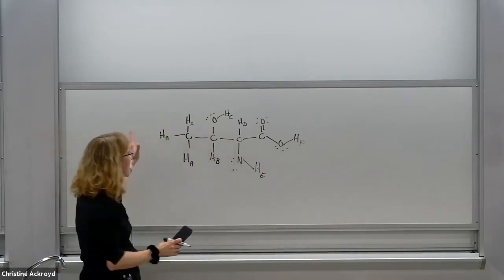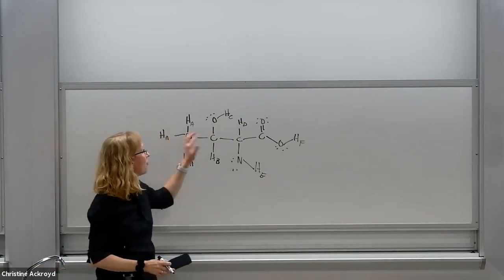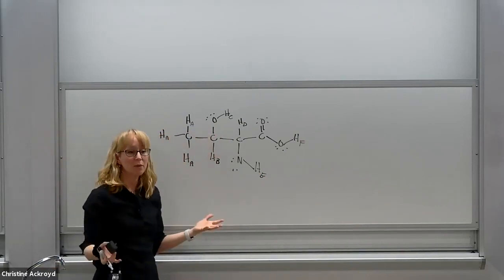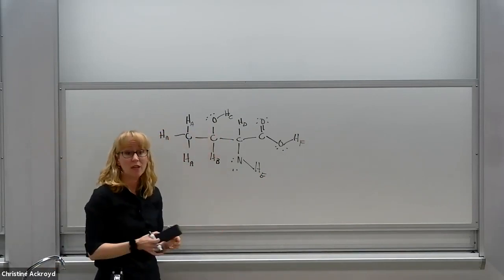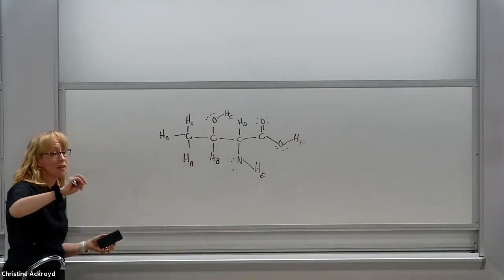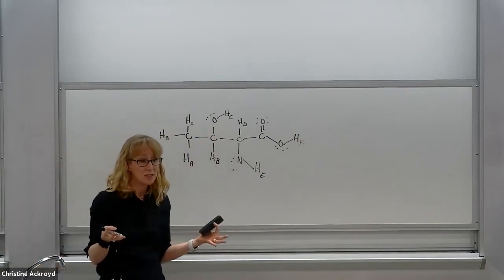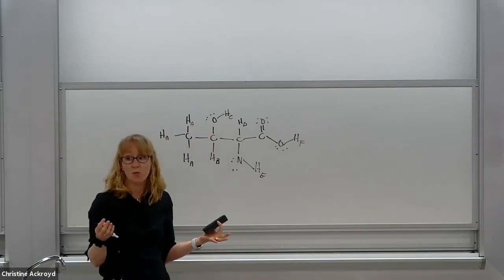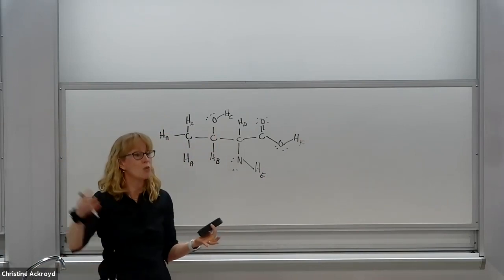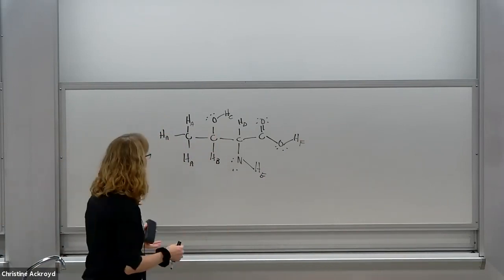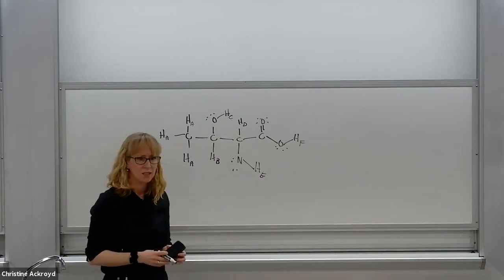Can we look at the structure of that molecule and figure out what's going to be the most acidic hydrogen? We could in fact rank the hydrogens, or the protons, in terms of what is easiest to pull off, to be donated, and what's hardest. Okay, how do we do that?